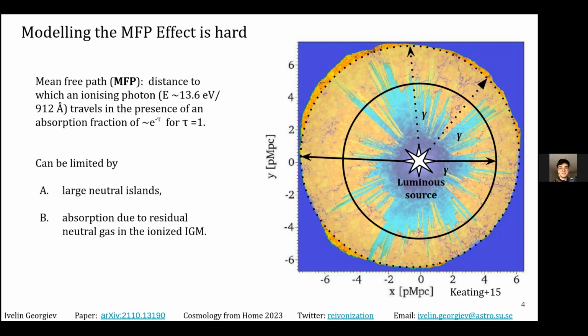So the first effect is usually quite well modeled, even on large-scale simulations, such as the one that I will introduce to you. But this effect B is particularly difficult because it requires a very high resolution.